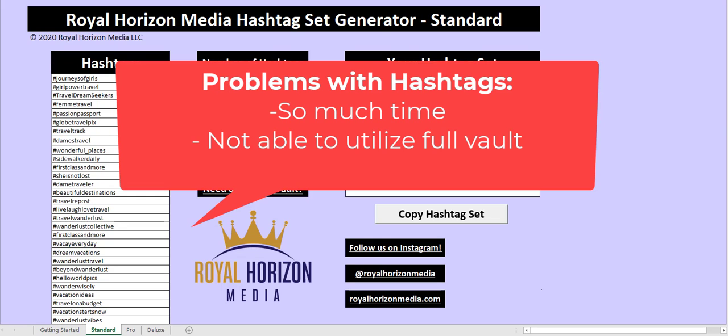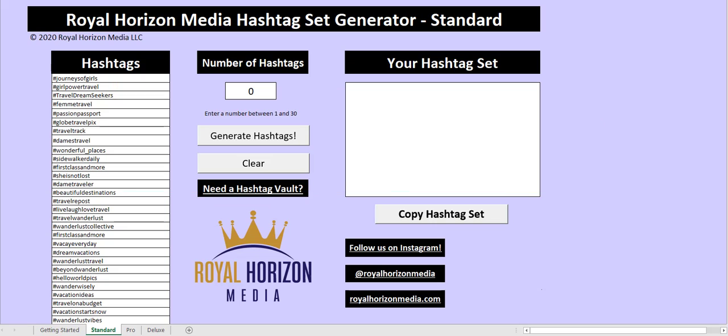However, this meant we weren't able to utilize the full hashtag vaults we had created. We wanted a way to create new hashtag sets based on our established hashtag strategy and the vaults we created. We couldn't find anything that did what we wanted to do, so we set out to create it. Now we want to share this tool with other Instagram users who may struggle or be frustrated by hashtags.